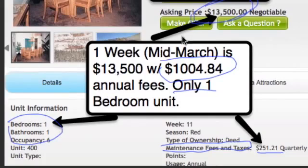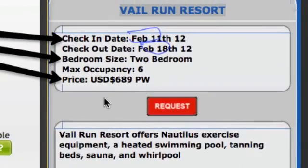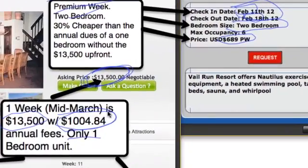Now check this out. That means that somebody out there paid more than $13,500 for access 1 time per year to a 1-bedroom unit, and they pay $1,004 annually, even on top of the $13,500. But look what you'll get as a Platinum Plus or a Platinum member. You can use 1 week for $689, a 2-bedroom unit, some of the best skiing on earth in a premium week. You are paying less than the maintenance fees of someone who paid $13,500, and you get 10 or 20 weeks